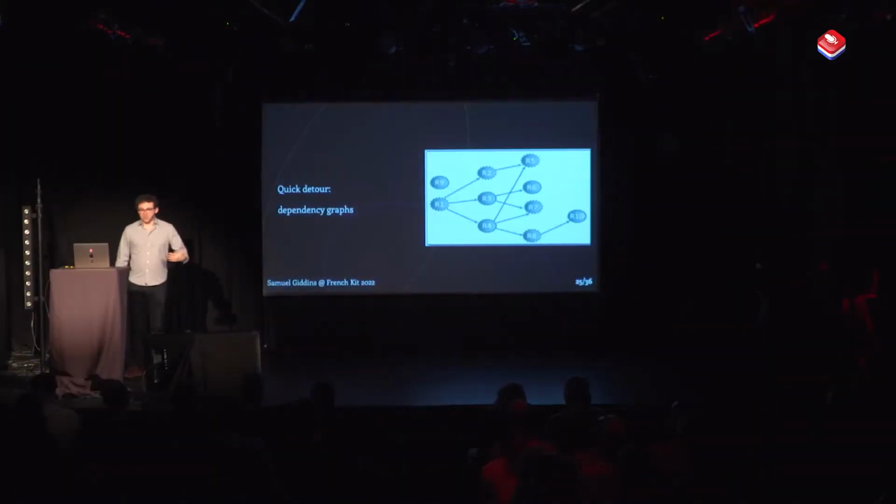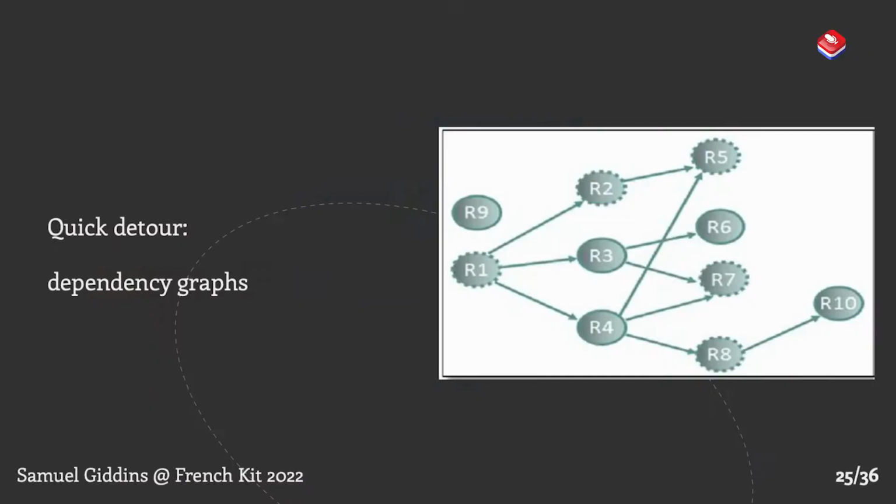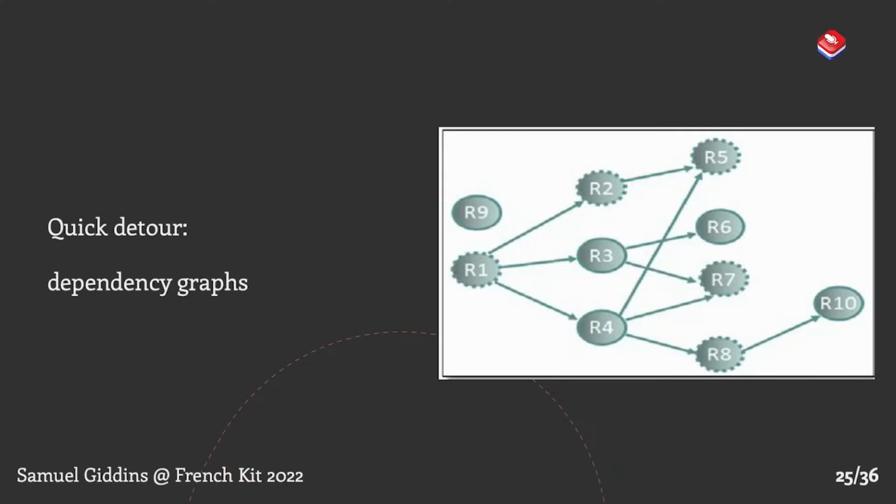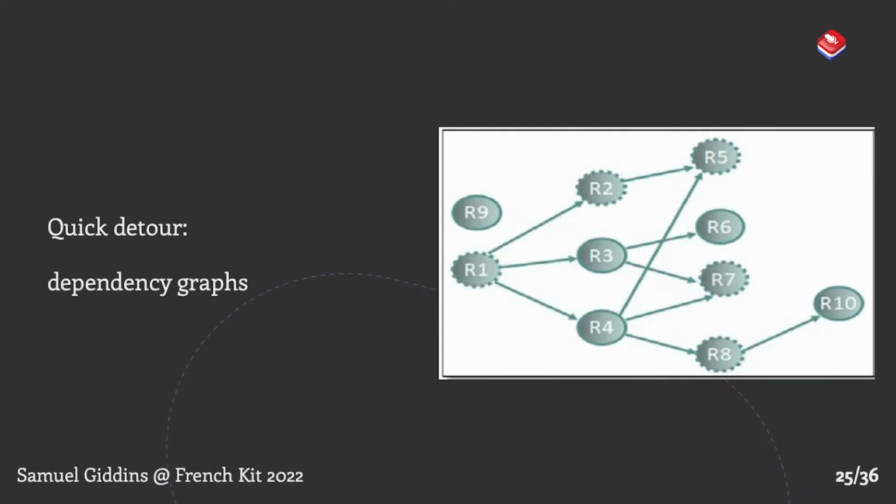So, a quick detour. There's this idea of dependency graphs, and it's sort of the core concept that build systems deal with. Imagine that each one of the nodes in this graph are targets, and arrows represent a target depending on another target. Maybe R1 here is our application, and R2 is a framework, and R5 is another framework. Our application depends on a framework, which depends on another framework. But that framework is also depended upon by a different framework. And are you getting confused yet?